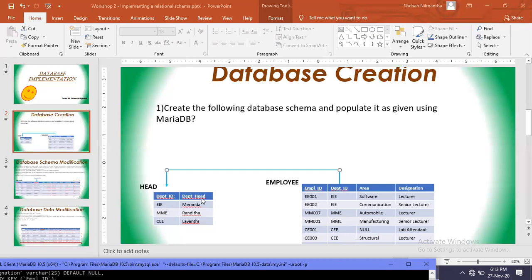Then there is no reference for EIE, so this EIE cannot exist in this referencing relation.